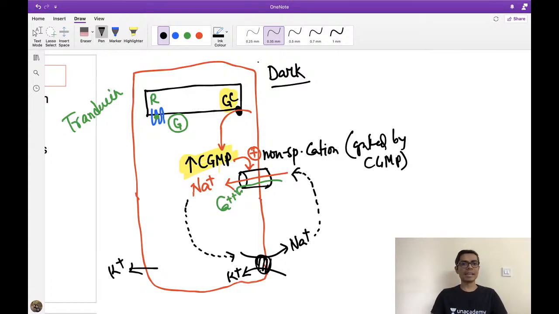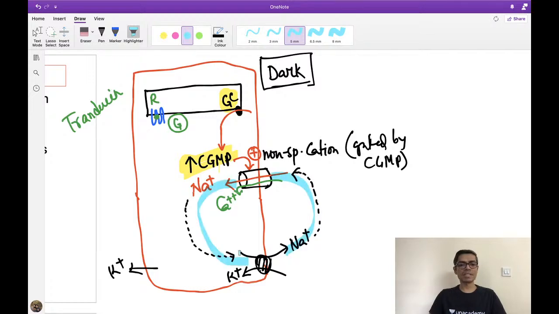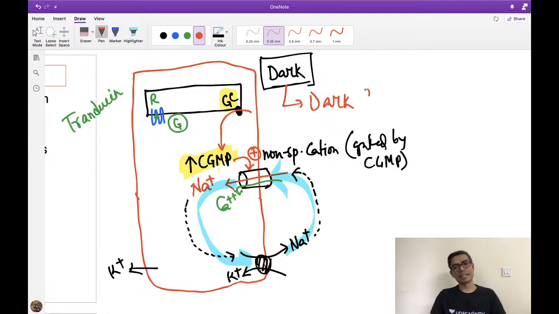So basically in the presence of dark, there is a flow of current from the inner segment to the outer segment, and again from the outer segment to the inner segment. This kind of current which flows in the presence of dark is nothing but the dark current. Because of this dark current flowing during the dark condition, there will be depolarization of this receptor cell.